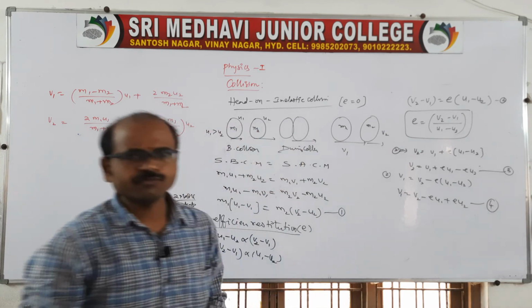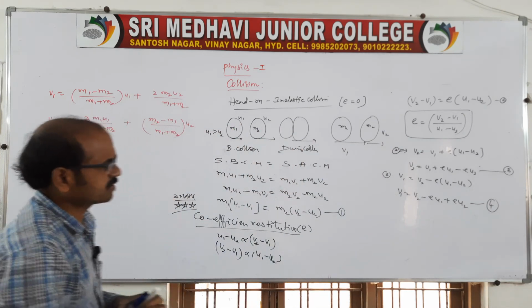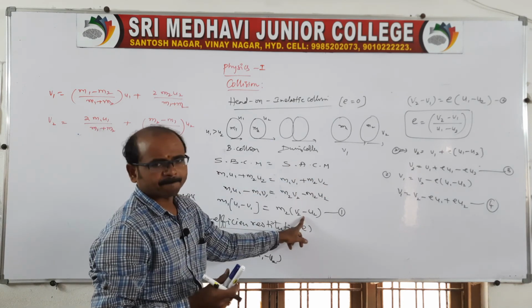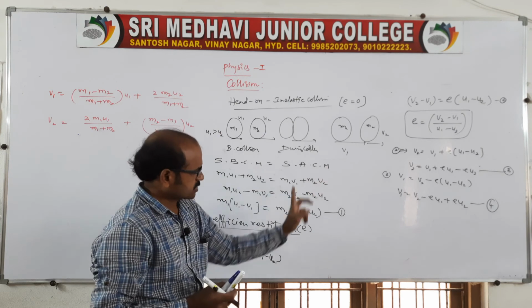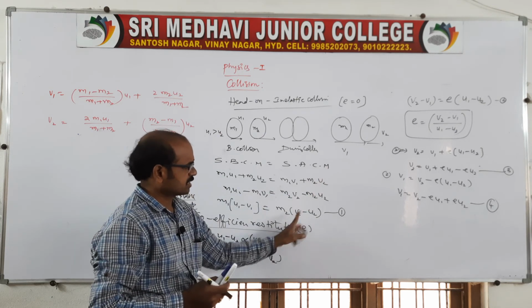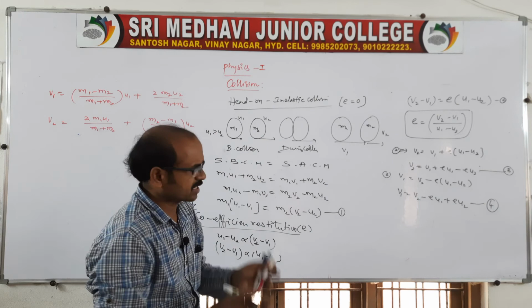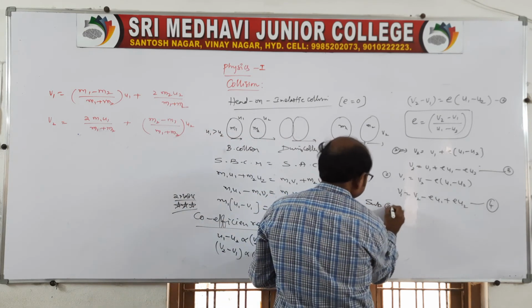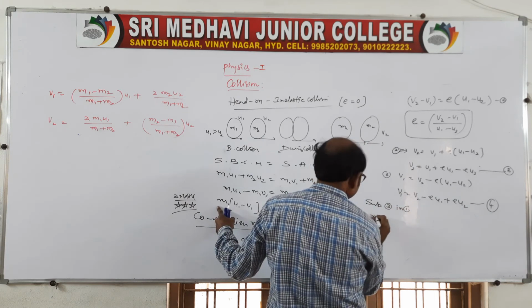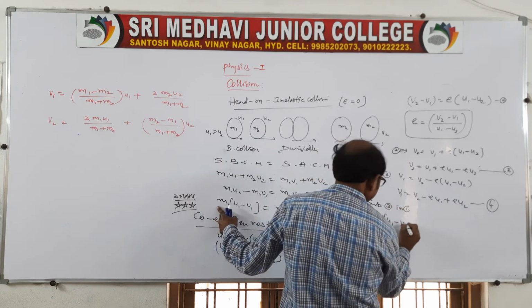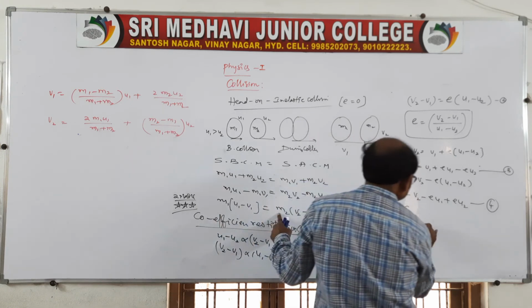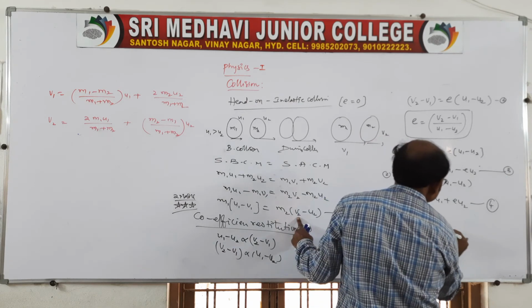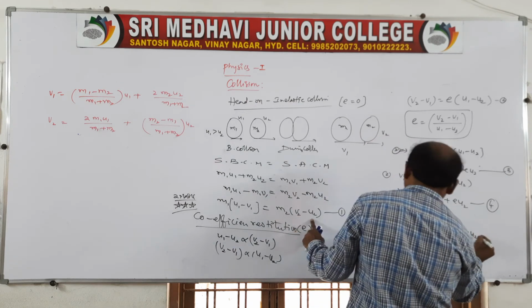Now we know 3 and 4, right? Suppose first you substitute 3 in equation 1, and after that you substitute the other replacing v2. I will tell you how to substitute, and after that I will give you the direct equation. So now substitute 3 in 1. So you take m1 into u1 minus v1, which is equal to m2 into, instead of v2, you write v1 plus E u1 minus E u2 minus u2.